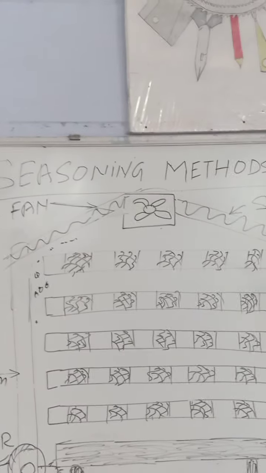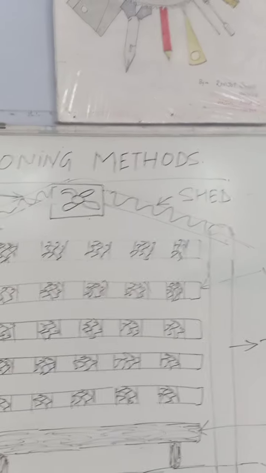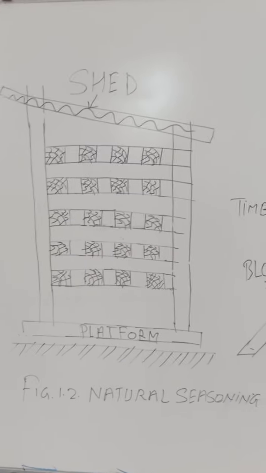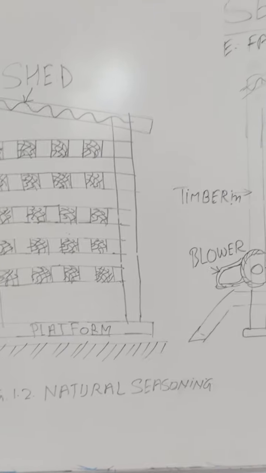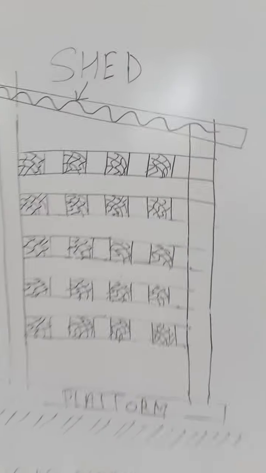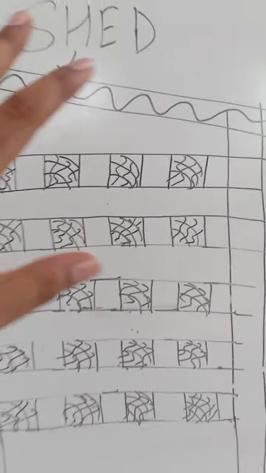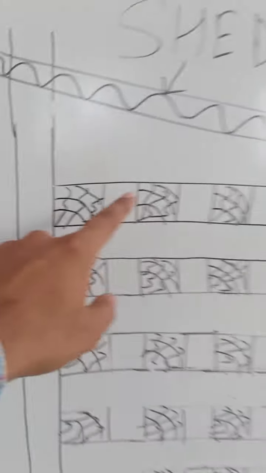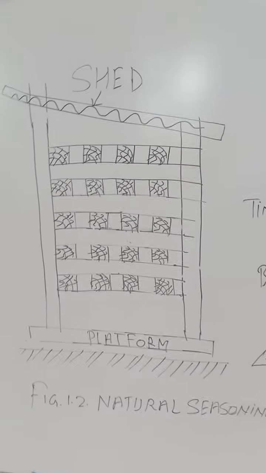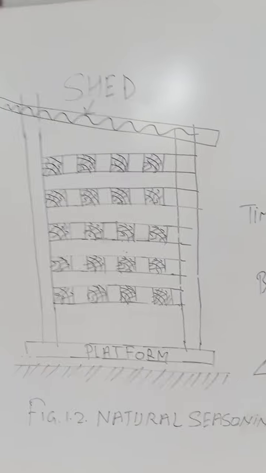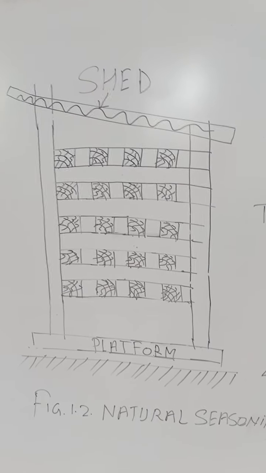As I mentioned, seasoning process can be done with two broadly classified methods. First one is natural seasoning. As I have told, we have to keep them in a proper warehouse as shown in this figure. So we stack the wood. The stacks are shown here in a shed, and we let it dry for 6 months or 1 year depending upon the type of wood, weather conditions, and the applications for which we are using the wood or the timber.